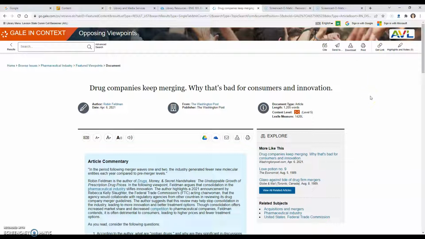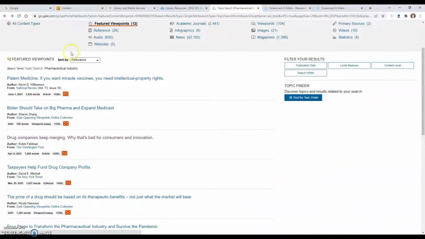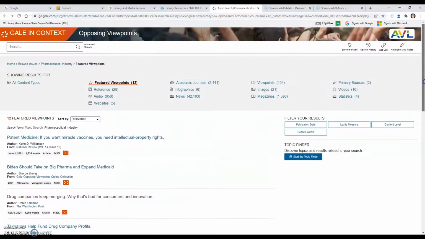It'll be a file on your computer, and then you upload that to your assignment where it says to upload the database article. I'm going to do one more just to kind of show you a different way to get in. Okay, so if that's it, you understand, then this is over. If you'd like to see one more